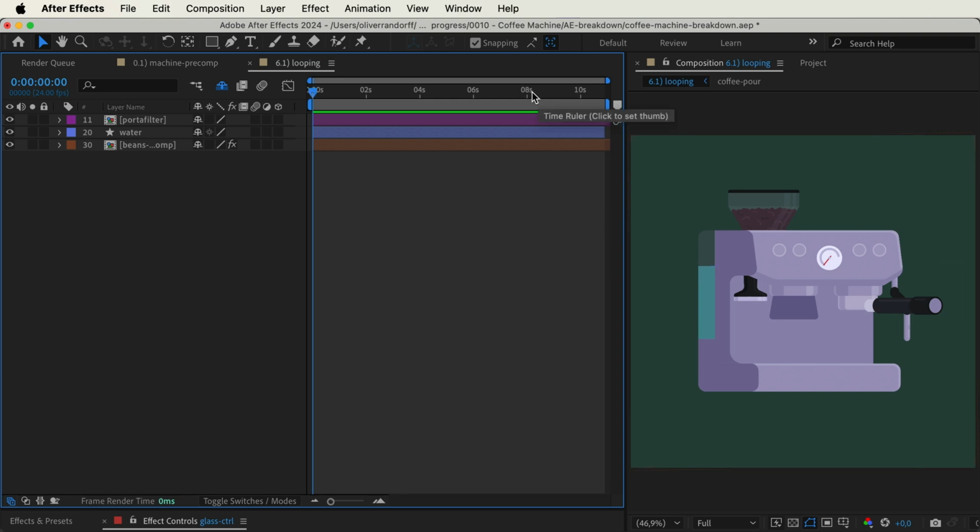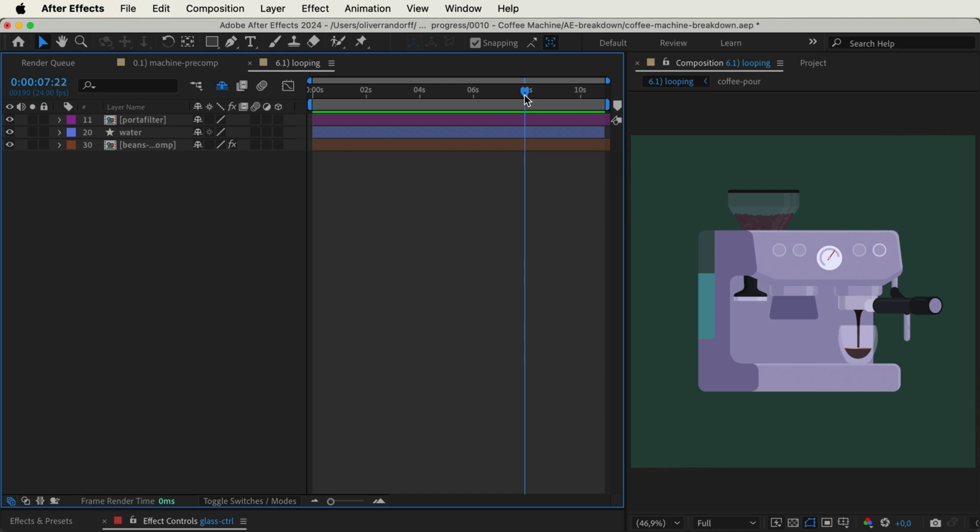Something you may not have noticed is that whenever the coffee beans are being grinded right here, the actual amount of beans decreases, so it moves down. And also whenever the shot is being pulled, you can see that the water decreases as well. So this is something to keep in mind whenever you need to go back to the initial starting point. The way that I've done this is just by subtly towards the end, just increasing the volume of both of them as the glass is moving.